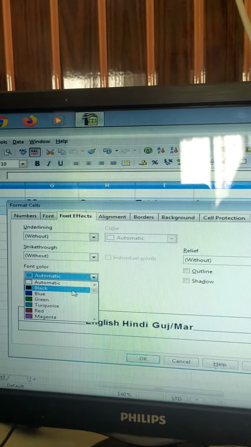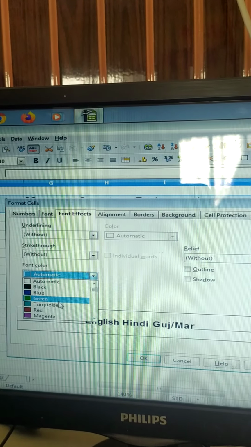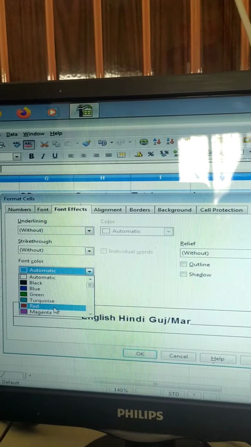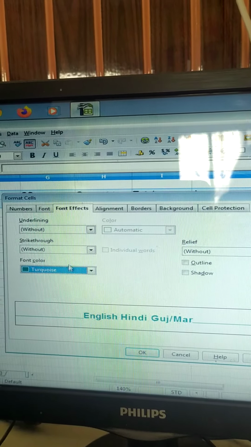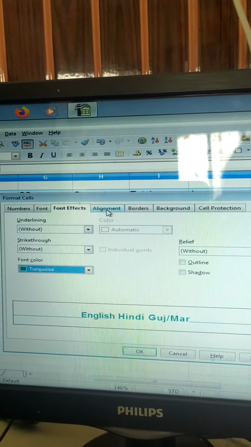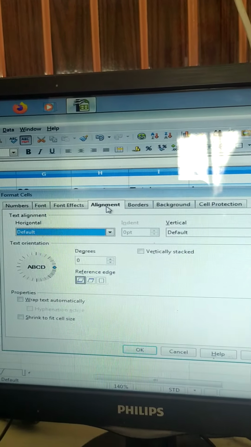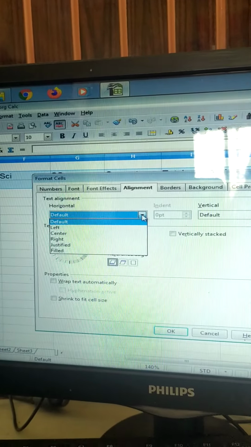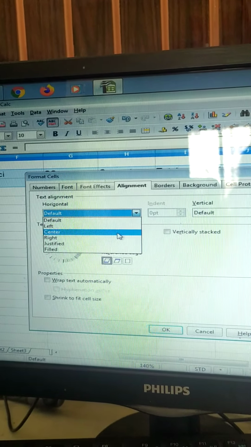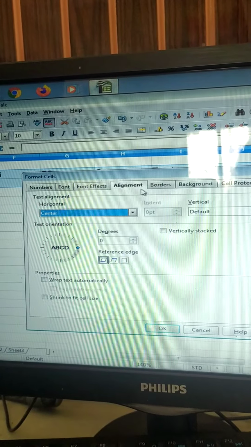Font color if you want to change, suppose I make the font color as Turkish, and then alignment, you can change the alignment of the text also. Text alignment, suppose I'll make it center, heading है ना, so I'll make it center.